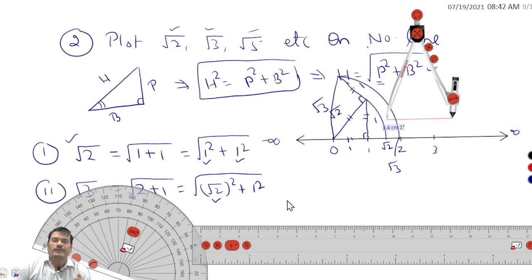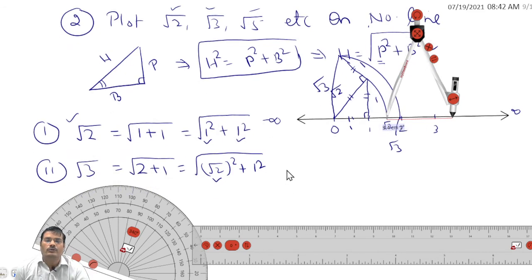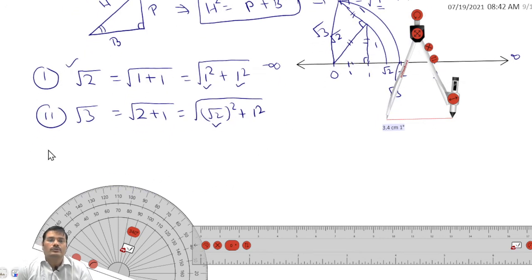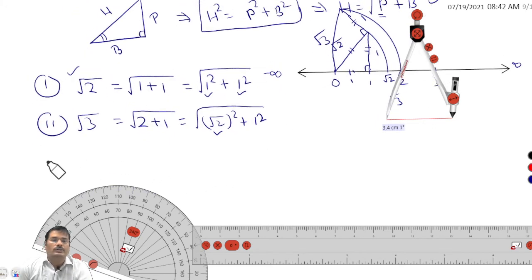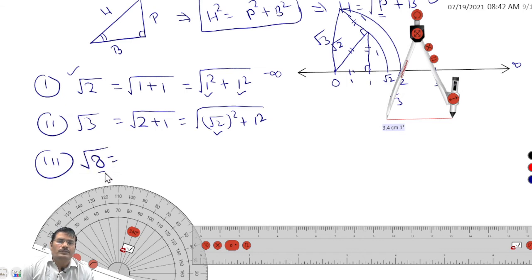Suppose that we have to draw root 8. How do you plot the root 8? So to plot the root 8, what you have to do? If you think about this 8, 8 can be written as 4 plus 4 and 4 can be written as 2 square plus 2 square. So what do you do? Simply,